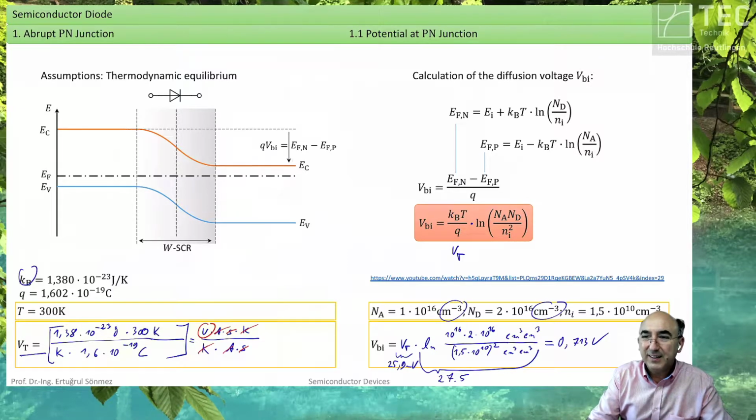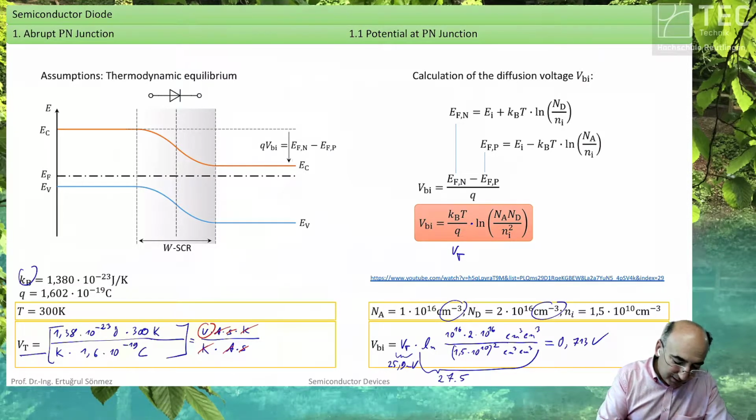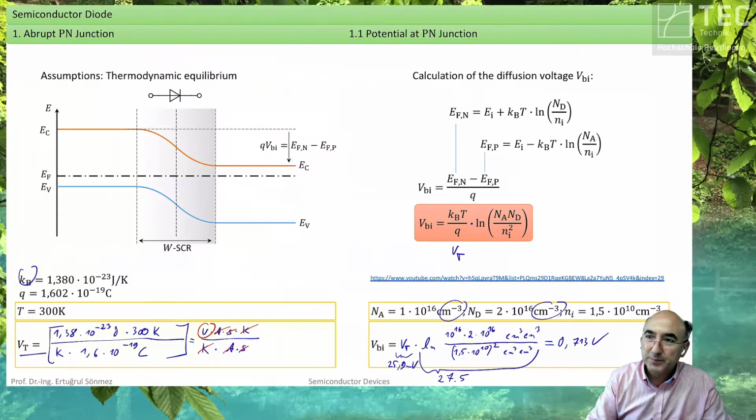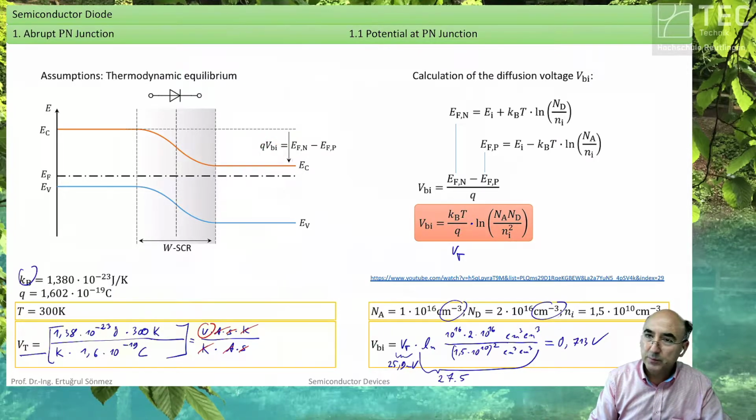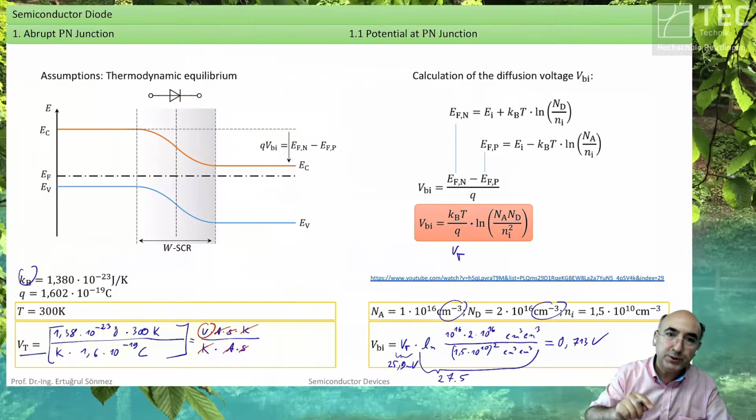That means, theoretically, your current is infinite. So the internal diode, you can't apply higher values than the built-in voltage, based on the assumptions we have to